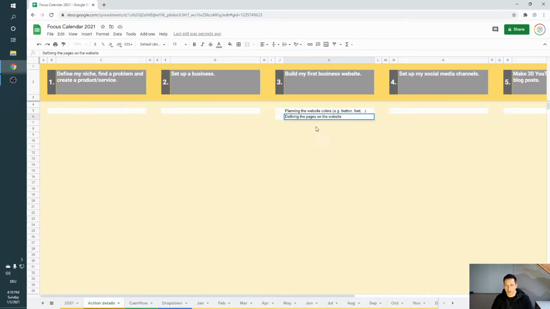So which pages will you use? So like the contact page and the home page and stuff like that. And then we could also say planning our funnel, so the website where you want your potential customers to visit your website. And you could define many more.